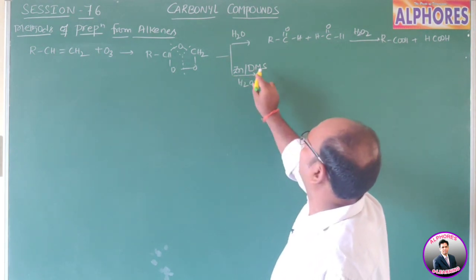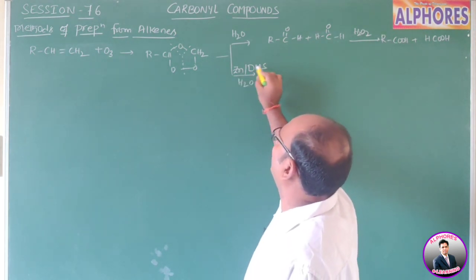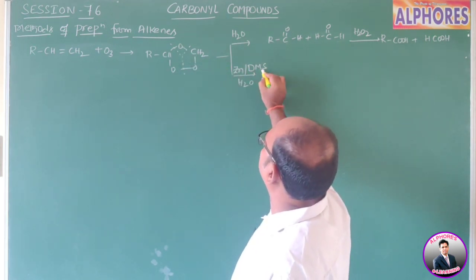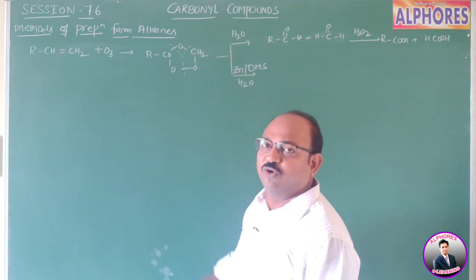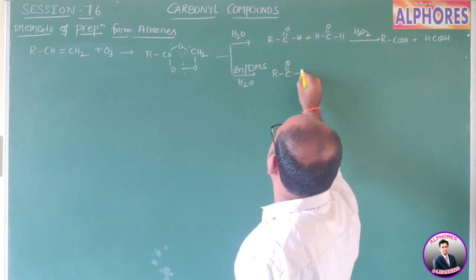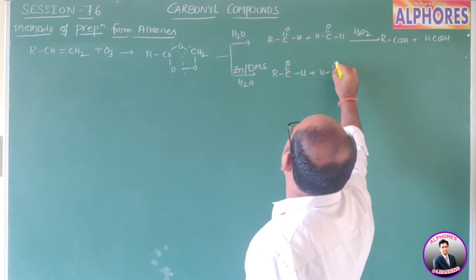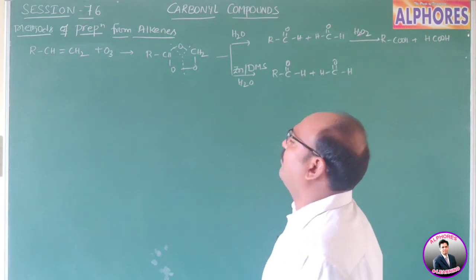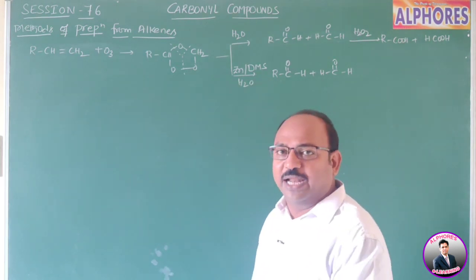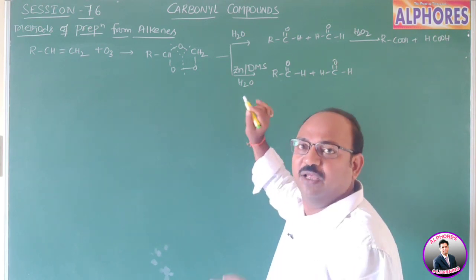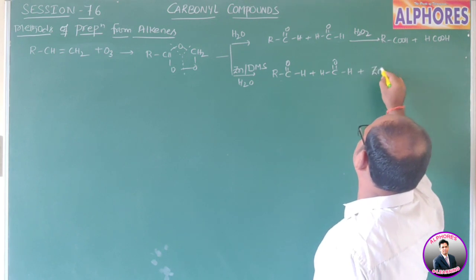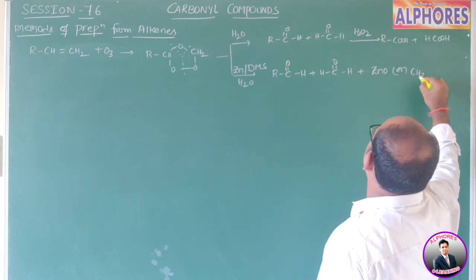But in the presence of zinc and dimethyl sulfide, because these are good reducing agents, the accepted oxygen converts into zinc oxide, and if we are using DMS, it converts into dimethyl sulfoxide. The product we are getting here is RC=OH and HC=OH. Means after formation of aldehydes, in the presence of a reducing agent, the reaction will be stopped. There is no further oxidation, because here we get either zinc oxide or dimethyl sulfoxide along with the product.